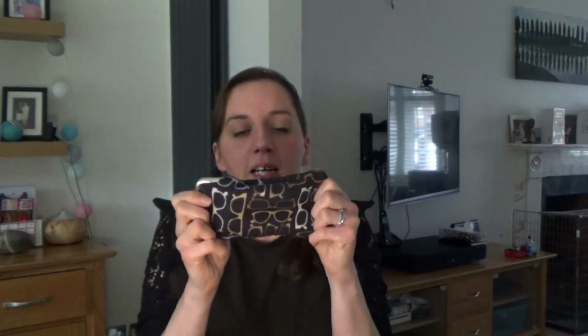And this was actually made by a local lady, and it's just a sunglasses case or a glasses case with glasses on the front, and I thought it was really sweet. So I bought one of these, and I think I bought one for my friend as well for her Christmas present. And inside it I keep my sunglasses, and I must admit I'm not a great sunglasses buyer,